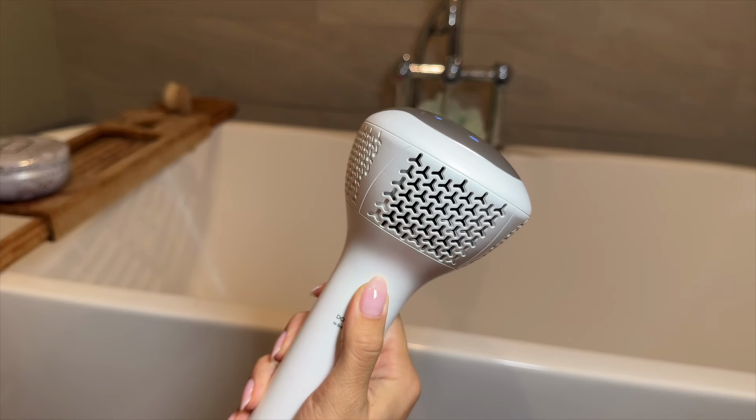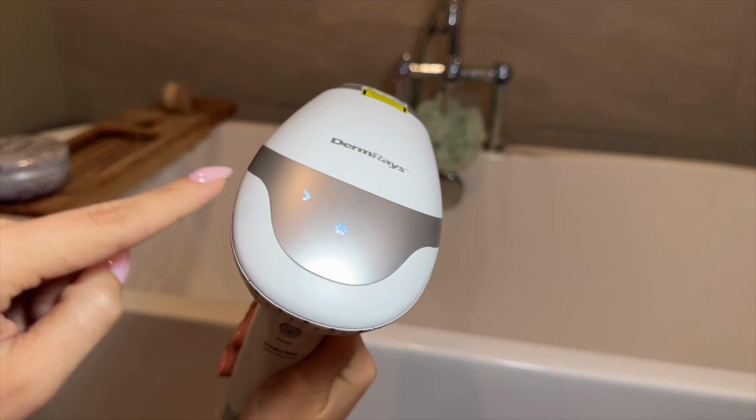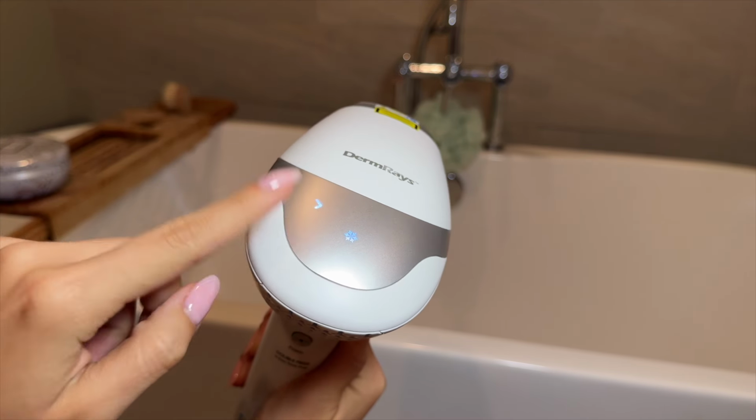So after you assemble your cords into your device and plug everything in, you're going to want to plug it into a power outlet. And the way to turn it on is with this power button right here. You're just going to hold it down for 2 seconds until you see this gray part turn on, and you'll see the little icons pop up, and the icons are basically what tells you what level you're going to be lasering at. In the instruction manual, they recommend that beginners start with level 1, and so that's what I did,